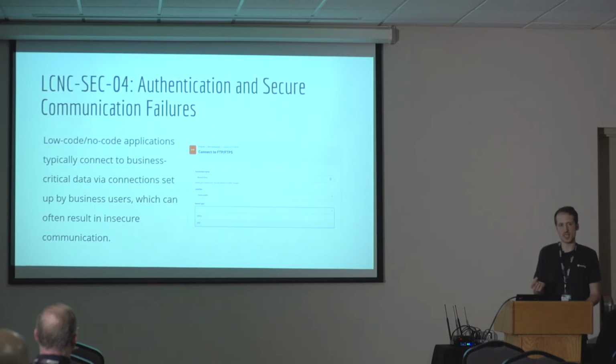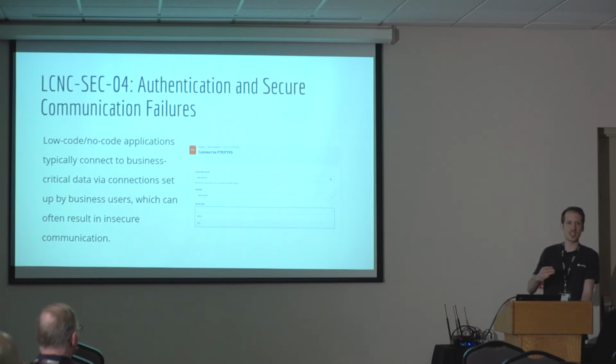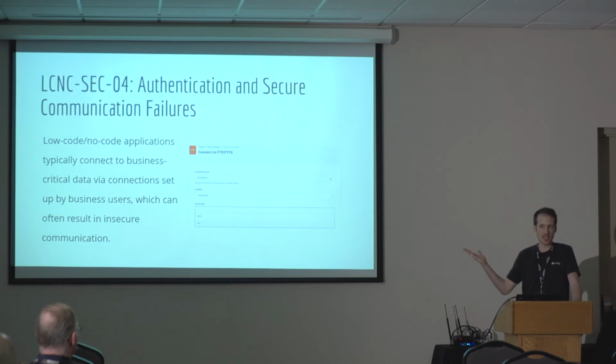And now, who's making those choices? Again, business users. So of course, they don't know the implications of those choices, which means that we see things we thought we had solved a long time ago, like FTP rather than FTPS, within large organizations. Again, this is something that we're seeing today. And of course, this is not something we can expect from business users. It's not their job to do it. It's our job to make it easy for them to make the right choice.